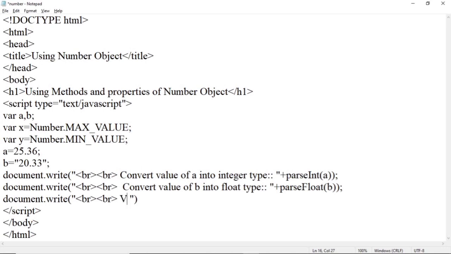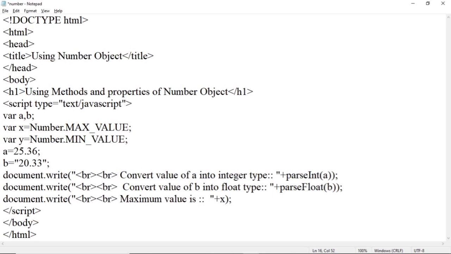Suppose: maximum value is. That value is stored in a variable x. So print here the value of x.